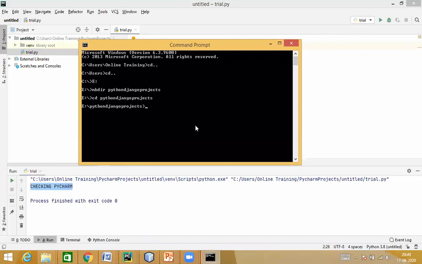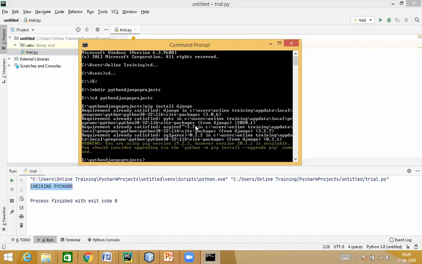Now the first thing that we'll be doing is, we will have to pip install Django. Enter. See, what this will do is, in my case, because Django is already installed, it says requirement already satisfied. In your case, it will locate that particular folder and then it will install Django. So please install Django before we get started with the Django projects.